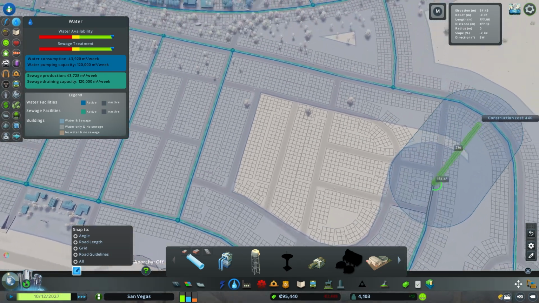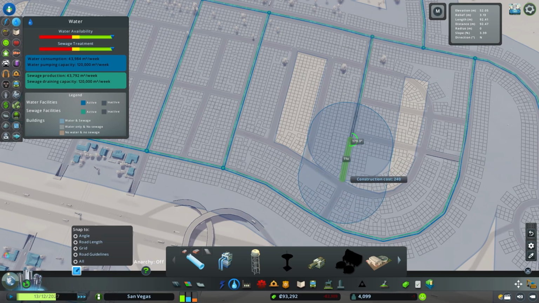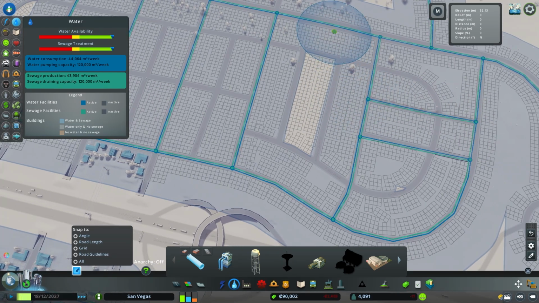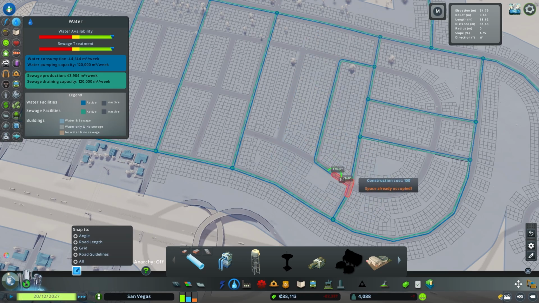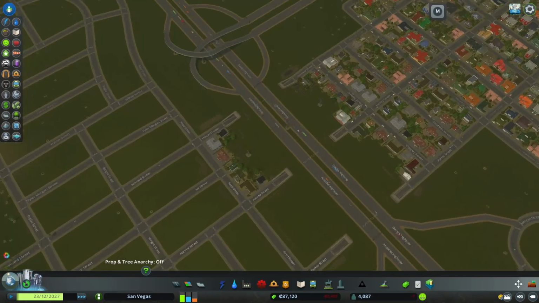Okay, new houses have gone up in our suburban area. So now we've got some suburban sprawl happening. Then we'll just link these up. There we go. Link this up. Okay, that's all watered. And there we go, link that. Okay, cool. That's all watered, and we still have a demand for housing,